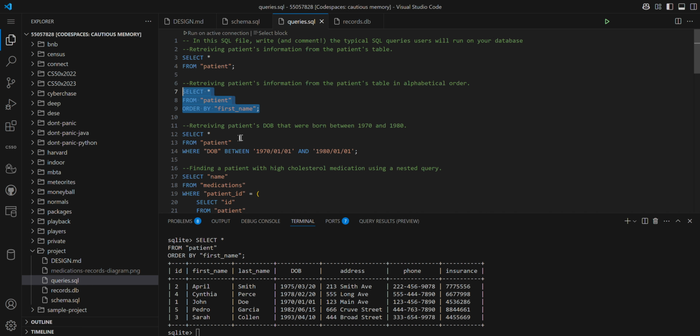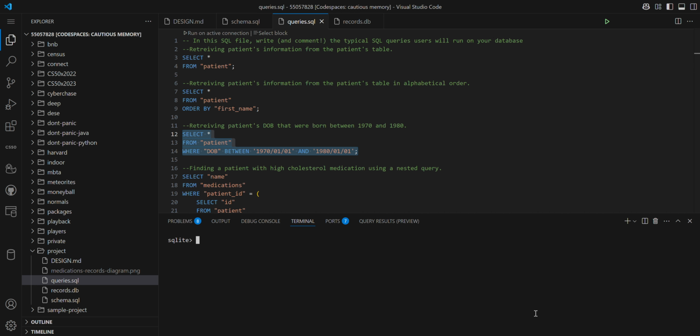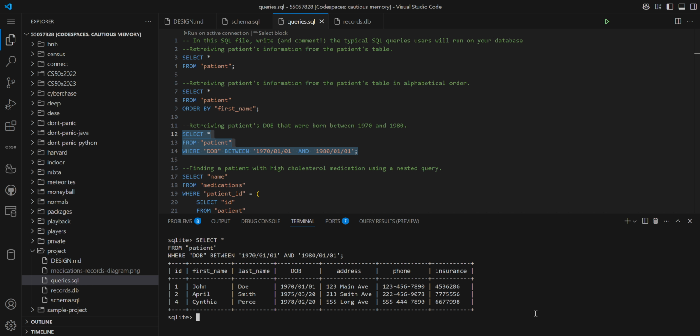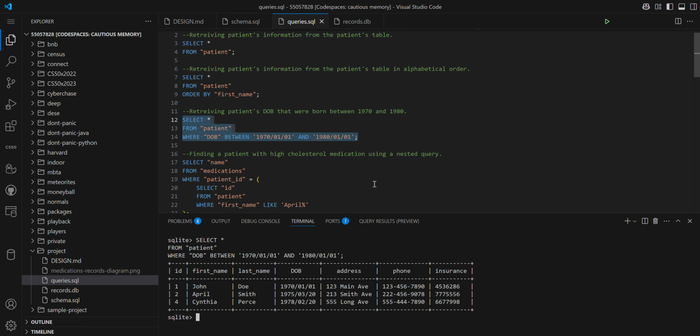All right, let's say you want to retrieve the patients' date of birth between the years 1970 and 1980. We just grab this query, copy, clear this one, and then it will show you the dates of birth between 1970 and 1980, which is 1970. Well, there's no 1980, but you know it's between those years. And then